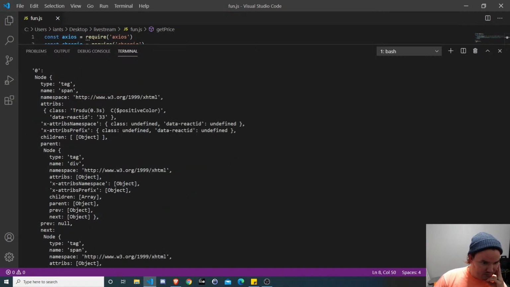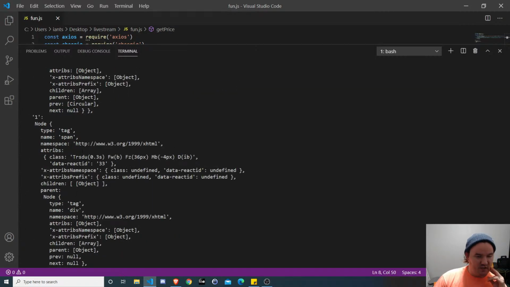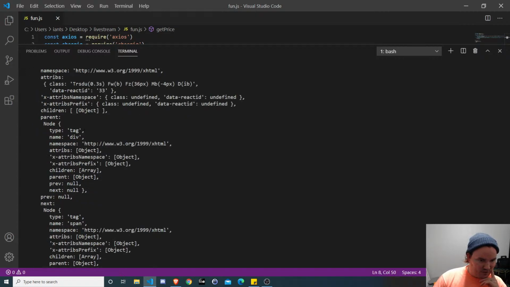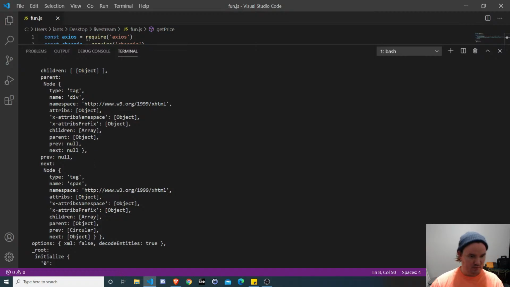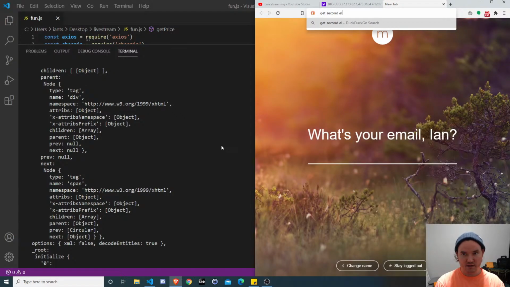The first one, does it give you the text or anything like that? No. So this is logging this type of node. It's a node, but not like Node.js or anything like that. It's like a DOM node. And the second one is the one we want. So we have to figure out how to get that with jQuery. So, get second element jQuery and array jQuery.